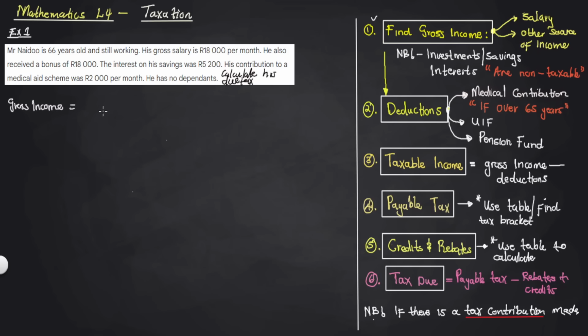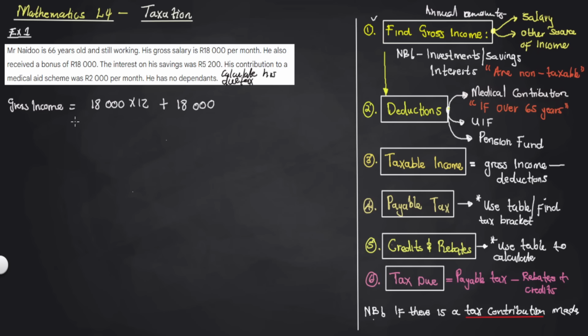Yes, it is given, but for your calculations, this is very important, you need to work with annual amounts, meaning that this 18,000 we must multiply by 12, right? This is the first income. He also received the bonus of 18,000, so it's going to be